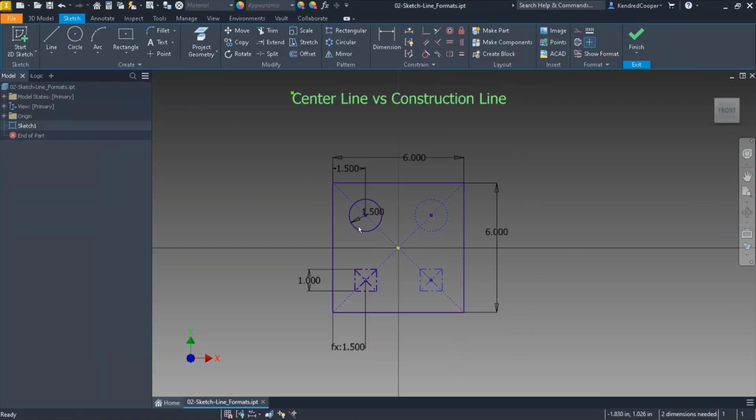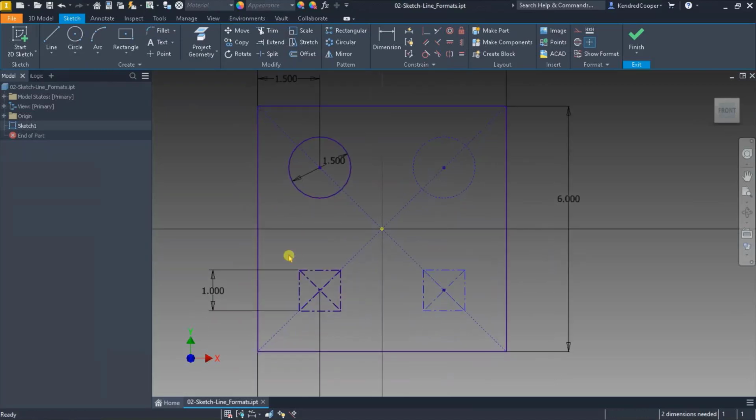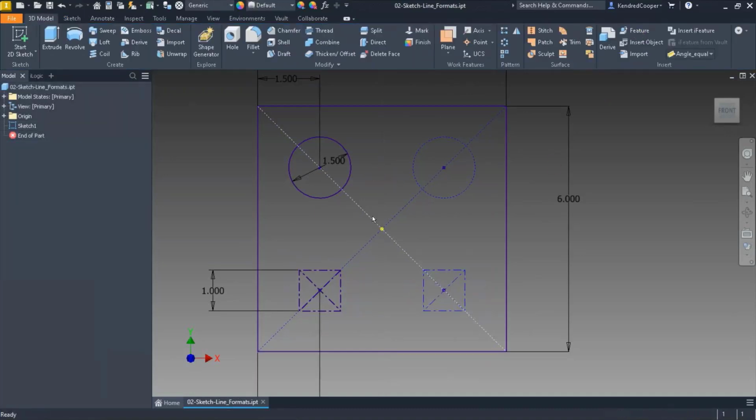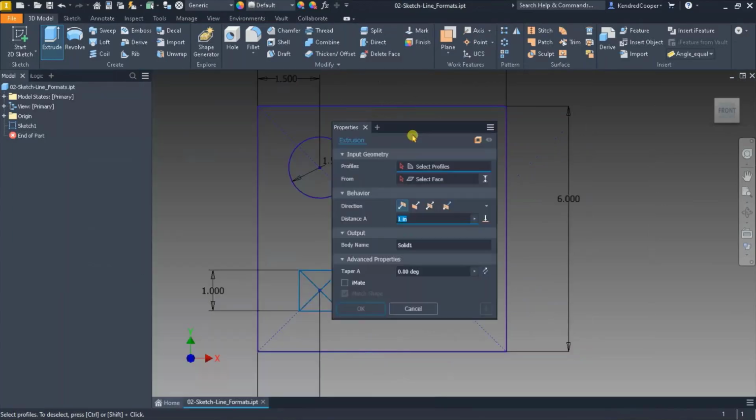I've got a solid circle. Then I've got a dashed or dotted circle. I've also got a center line square. And I've got another center line square that is not quite as thick. So here's the difference between these. If I finish that sketch and I click on extrude, notice very carefully,